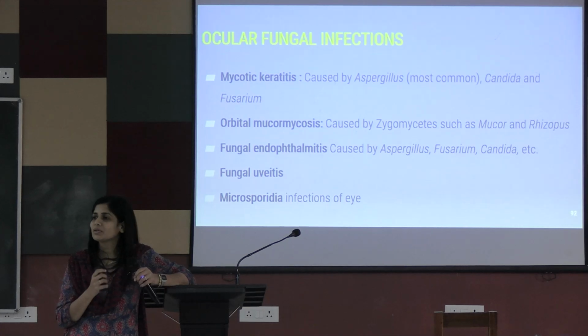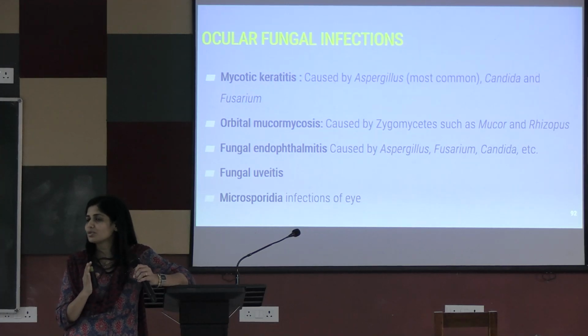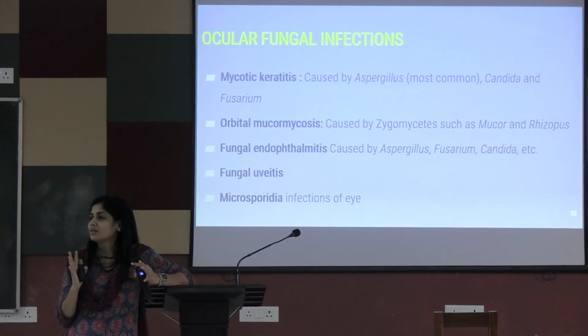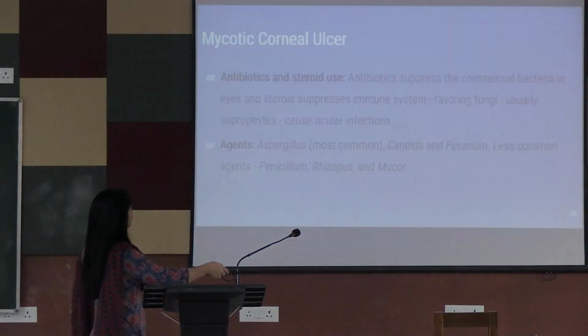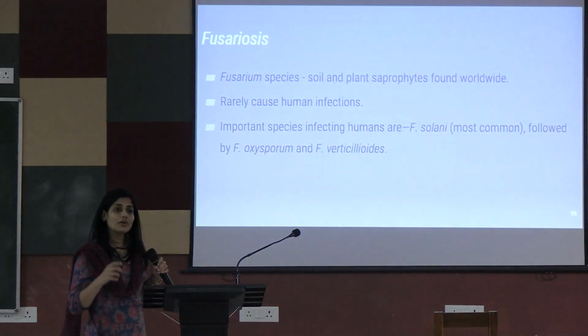What is the mainstay of treatment in case of mucor? You have to do surgical debridement and start with the systemic antifungals. And the infection, if it is found, should be treated as an emergency. You should not wait for the laboratory results to come and then decide if there is a fungus or not. If you are suspecting rhinoorbital cellulitis because of fungus, you should intervene with surgical debridement and start with the IV antifungals. Okay. This was for fungus.